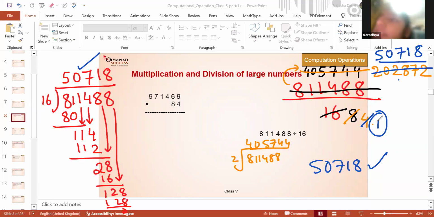Aradhya only. Ma'am, if there was a big number in odd, then how would we do it? Then we'll have to see. So there's a chapter which you people will be learning called divisibility rule, where you will learn whether a number is divisible by 3 or not, 5 or not, 7 or not. There are some rules to follow, Aradhya. So we'll do that in the future classes, okay? Okay, ma'am. Thank you. Say Aditi. Ma'am, can we also divide it by 8?